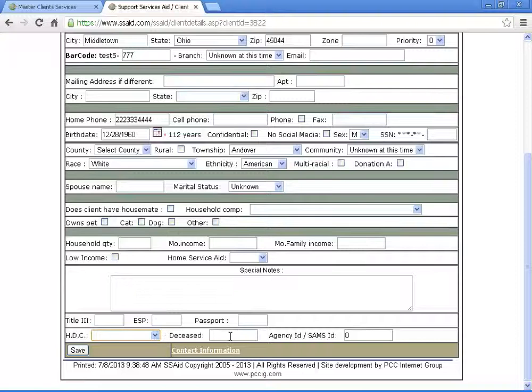This field is deceased. Whenever your client has deceased, we put a date in here. This date will make all the records inactive, and we want to keep track of that client, so that's this field here. The SAMS ID numbers are for your billing for SAMS. I'm going to hit save,